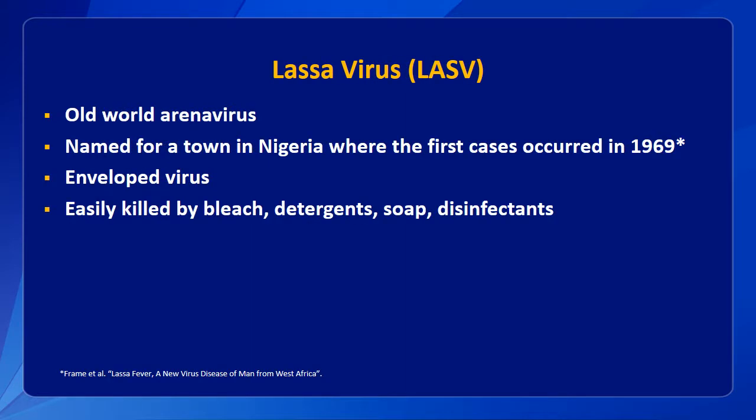Lassa virus is an Old World arenavirus. The virus is named after the town in Nigeria where the first cases occurred in 1969. Lassa virus is an enveloped virus, meaning that the virus is coated with a lipid membrane. This membrane makes it very susceptible to disinfection, and it is easily killed by household bleach, detergents, soap, and other